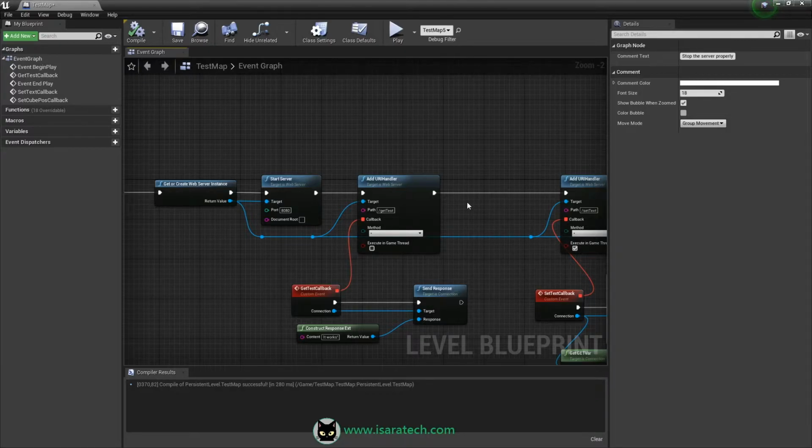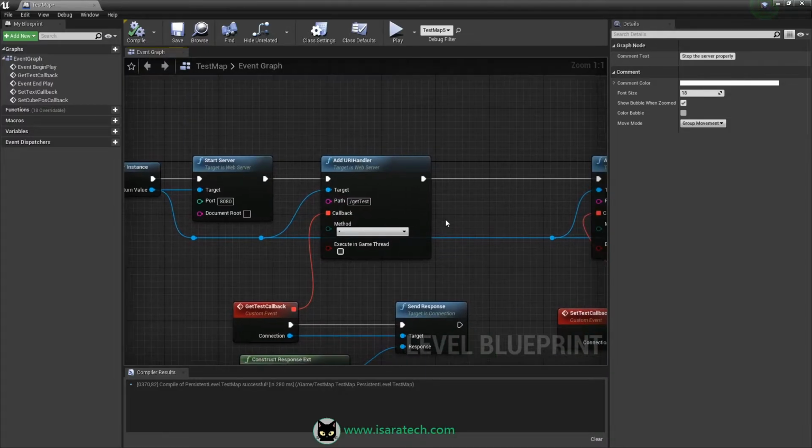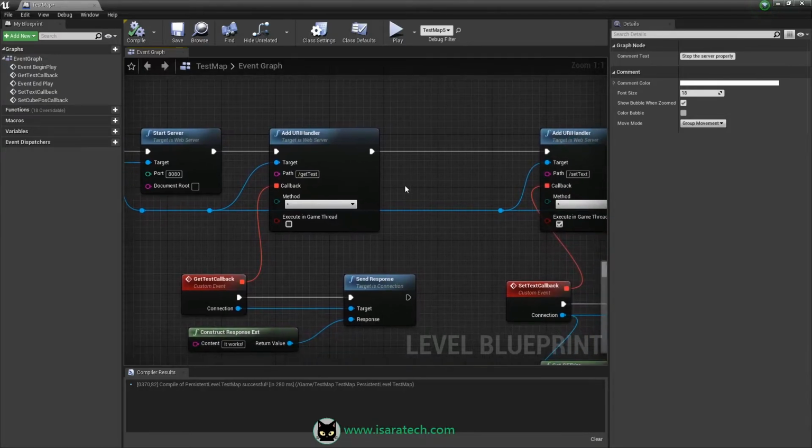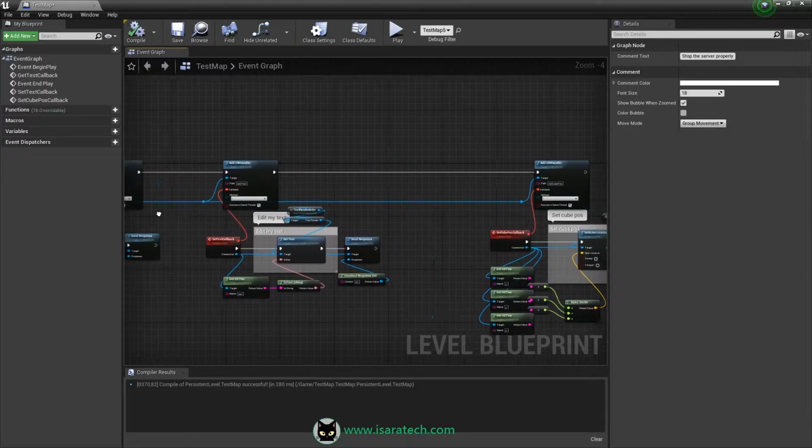Because currently we have only REST endpoints, which are HTTP endpoints without any graphical customization.